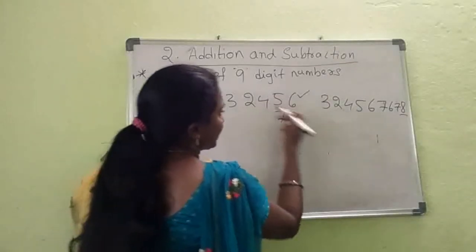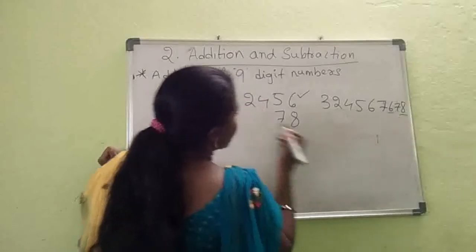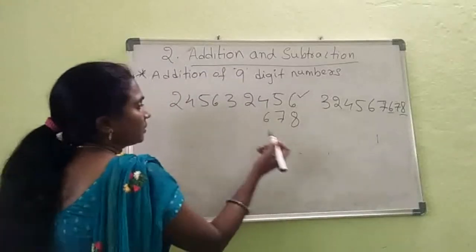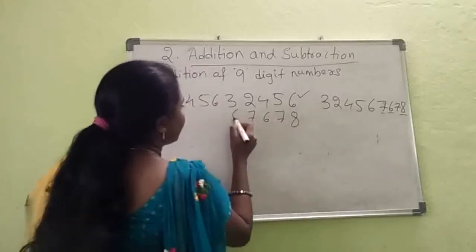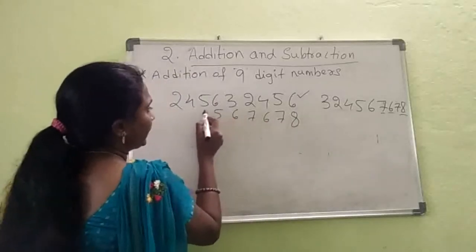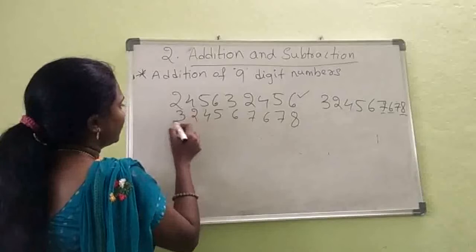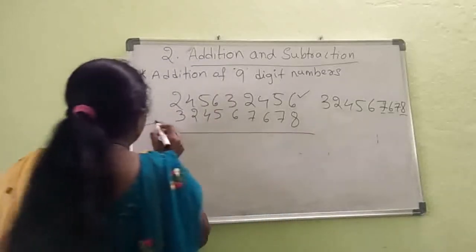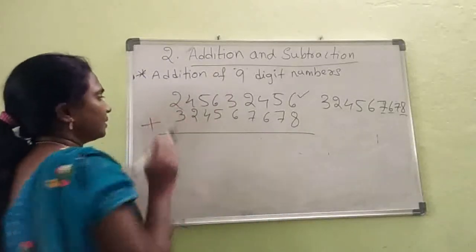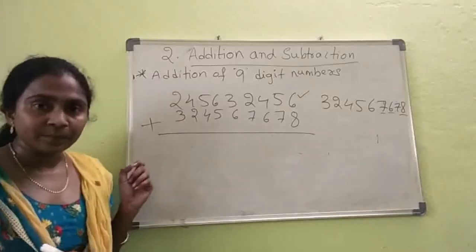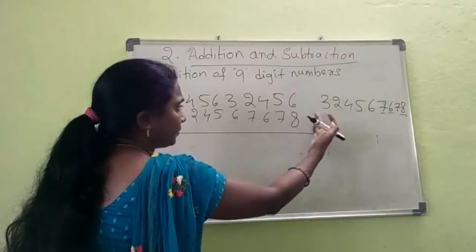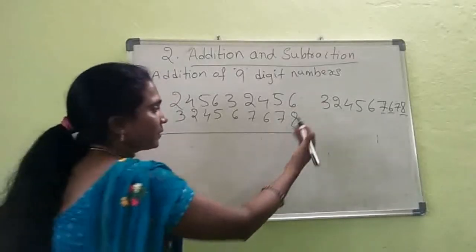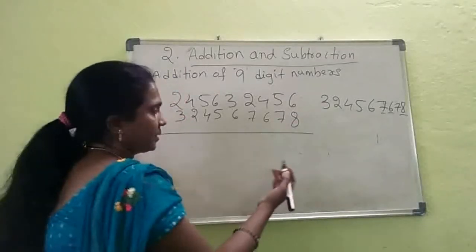Next, hundreds place here is 4. Here hundreds place is 6. Here thousands place is 2. Here thousands place is 7. Similarly, 6, 5, 4, 2, 3. Right? After that is done, that means placing of the numbers, next you will start the addition, right? Now start addition from the ones place digits, right? Or you can say from the right side first.